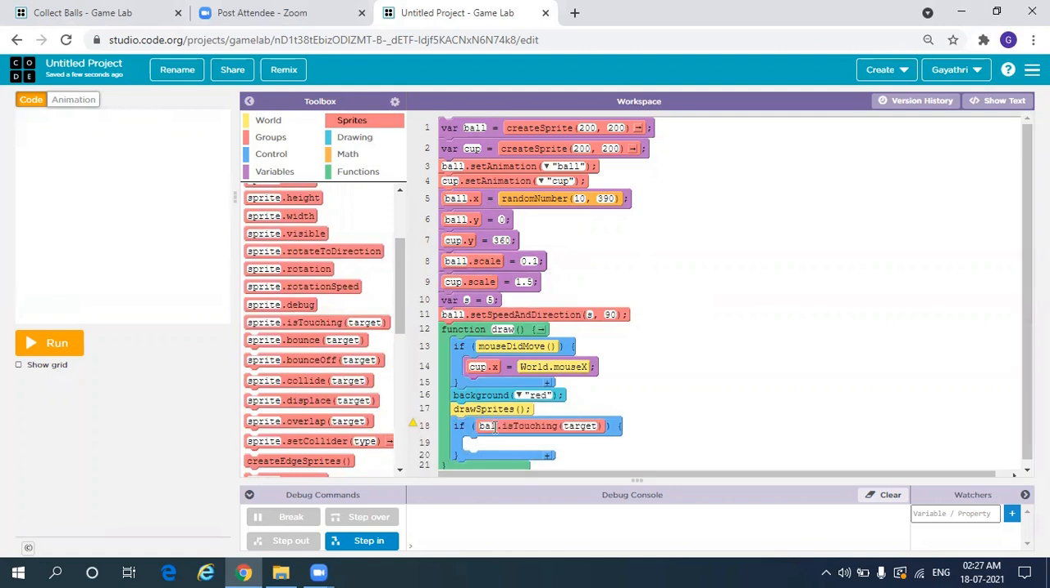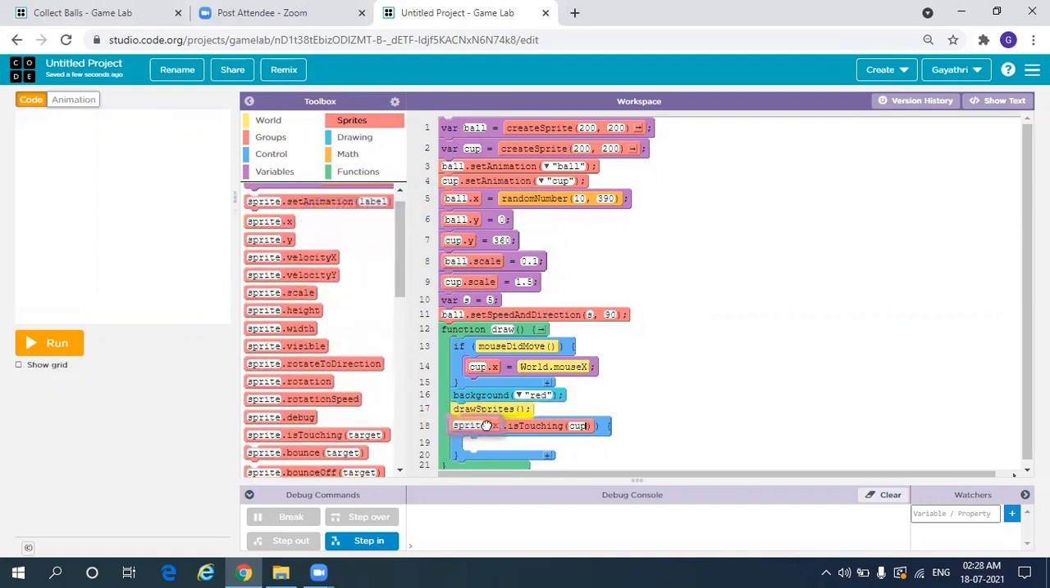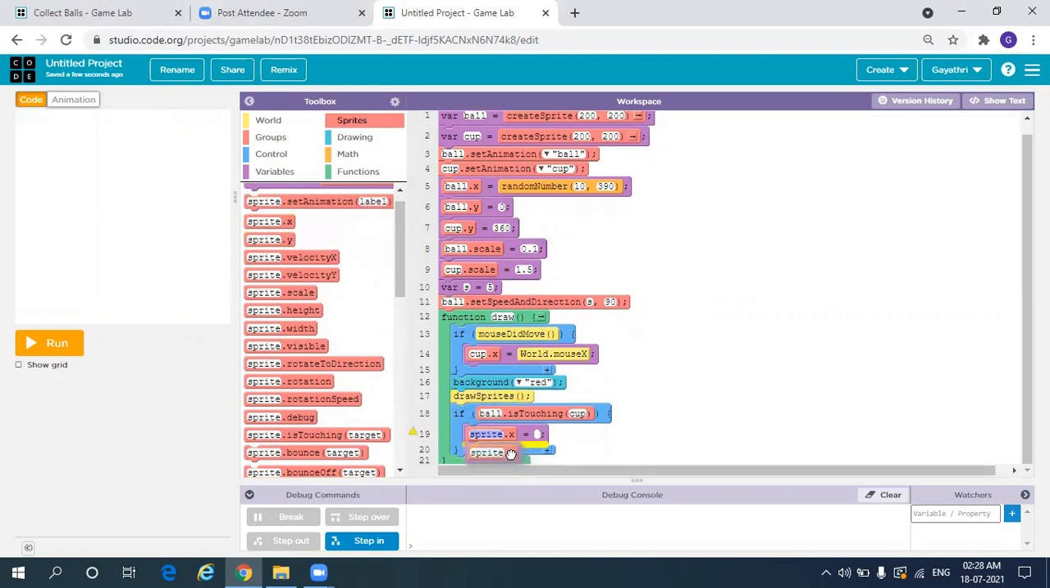Change sprite to ball: if it is touching cup, right? So if it is touching the cup, then we need to repeat this. Ball x is equal to a random number, ball y is equal to 0. For that, select sprite.x, drop it here, and then select sprite.y, drop it here. So change sprite to ball,